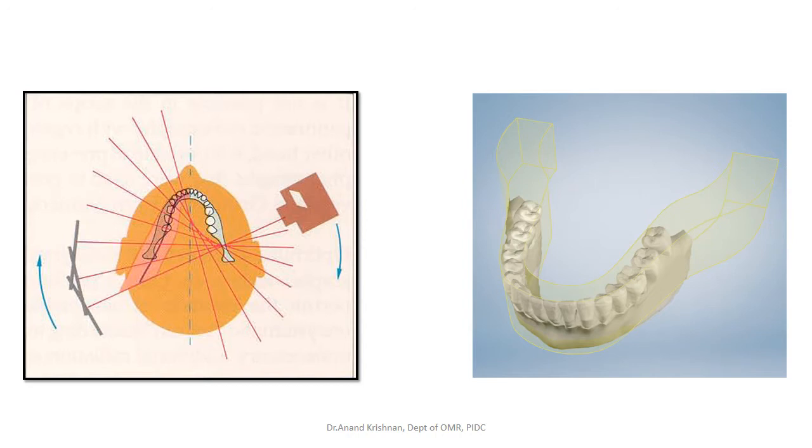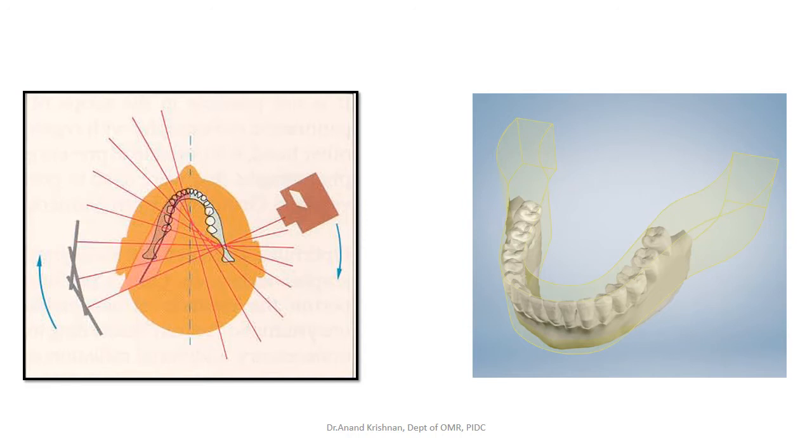First thing will be the point of rotation. I told you that there will be a reciprocal movement and it will be like a semicircular movement around the head. So let us say you are going to put a center point and make a semicircular movement, it is going to be a half circle. And we know how a circle is. It is round in shape. It will be a half round.